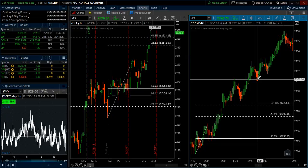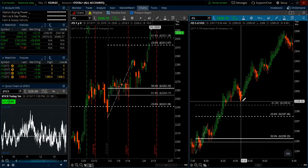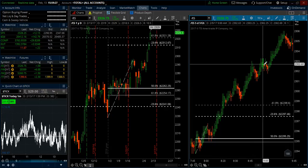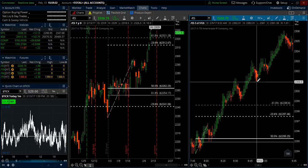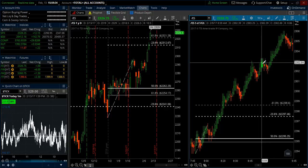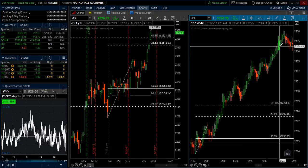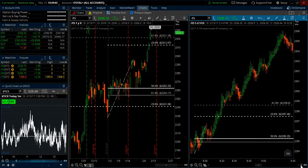Market pulls back, makes a new high. I can move my stop up underneath the next swing low. Here's a good example where the market just pulled back a tick, made a double top. I didn't move my stop, leave it alone, let the market, then the market pulls back a little bit lower, makes a new high. Then I can move my stop up underneath the next swing low and just continue on